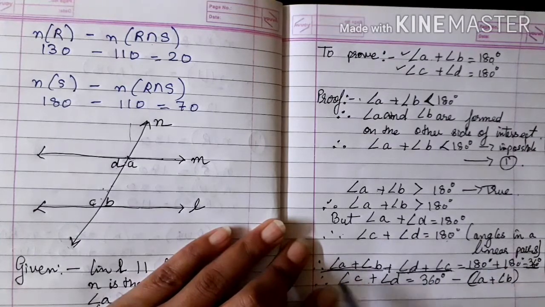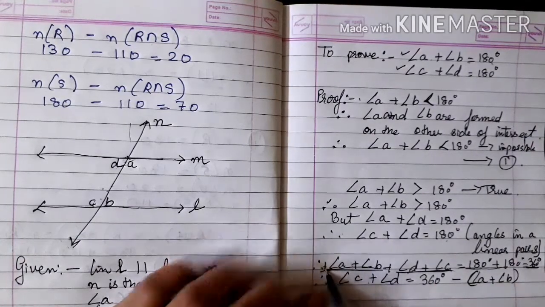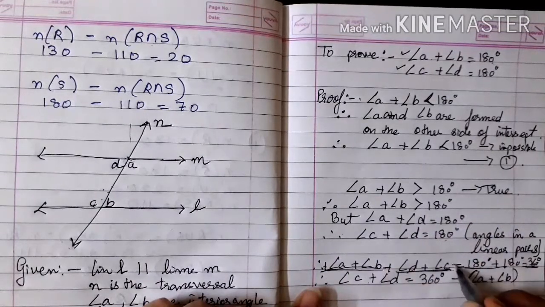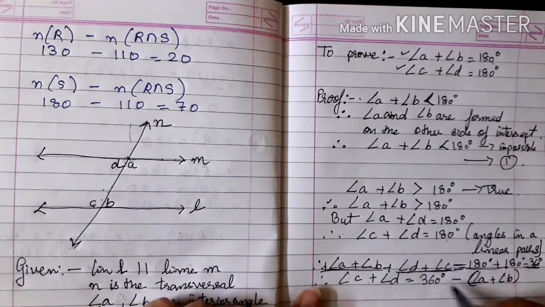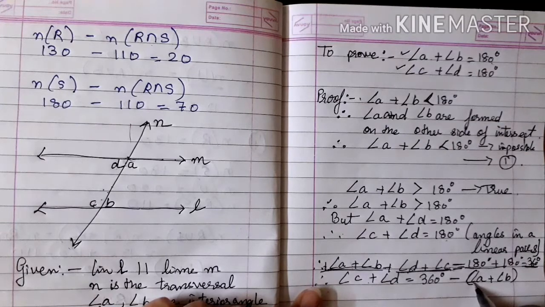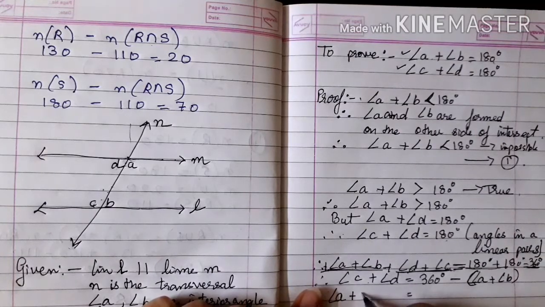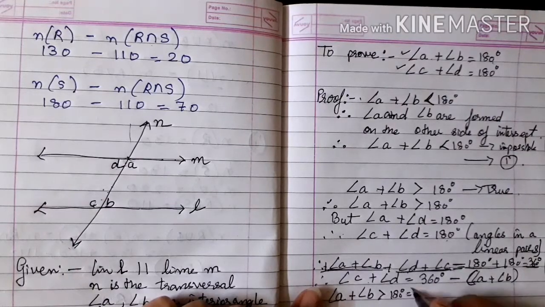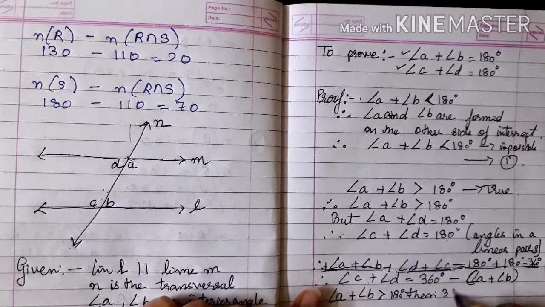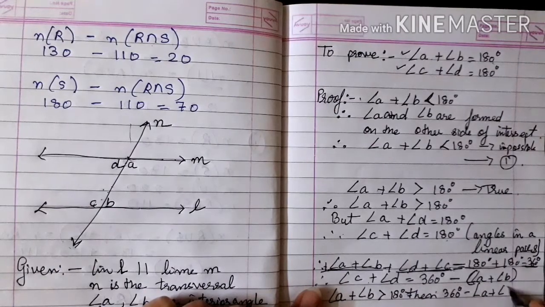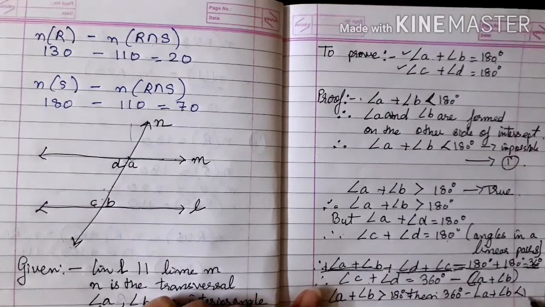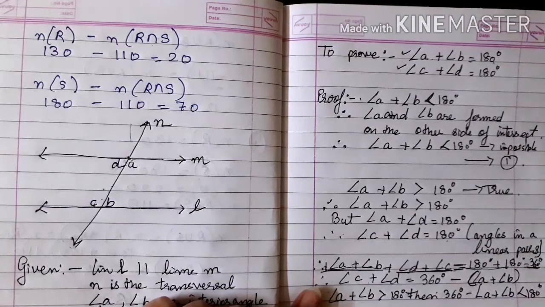Got it? So, using this example, if we keep 360 as it is, when we take this over there, this is addition, obviously this is plus, positive. When we move it to the second part, that is the equal to part, it gives us a negative sign. So this will change to: if angle A plus angle B is greater than 180, then 360 minus (angle A plus angle B). In this way we have to write.